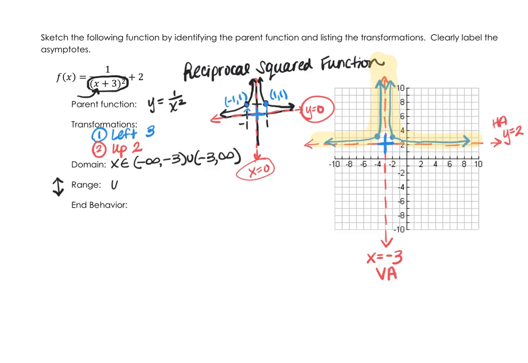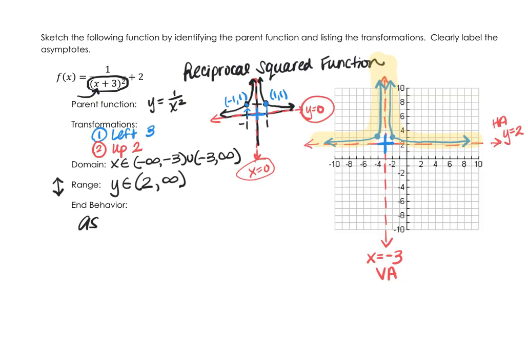So our range will be from 2 to infinity, but we'll put a parenthesis on 2 because we're not going to include it, and that's because this graph never intersects the horizontal asymptote of y = 2. So the graph gets really close to 2, but it never actually touches 2, which leads us to our end